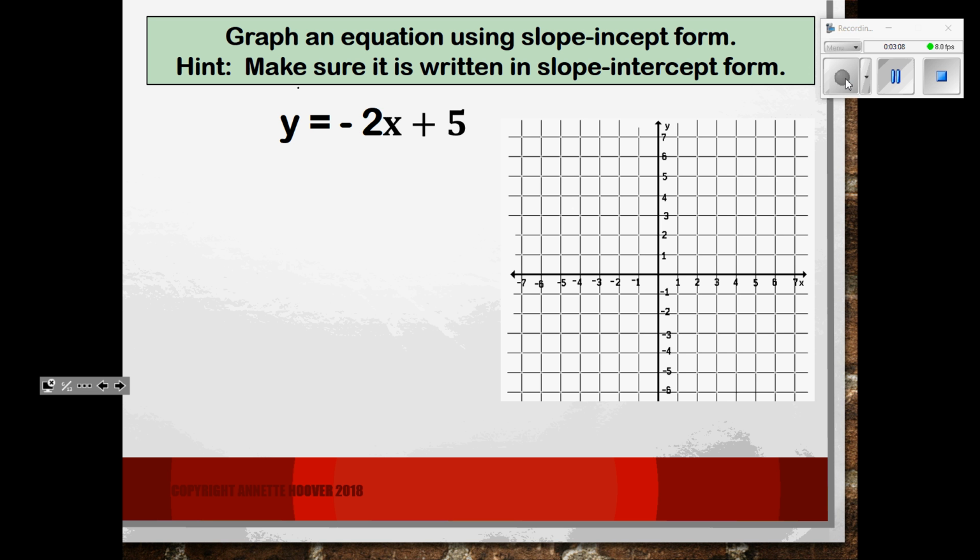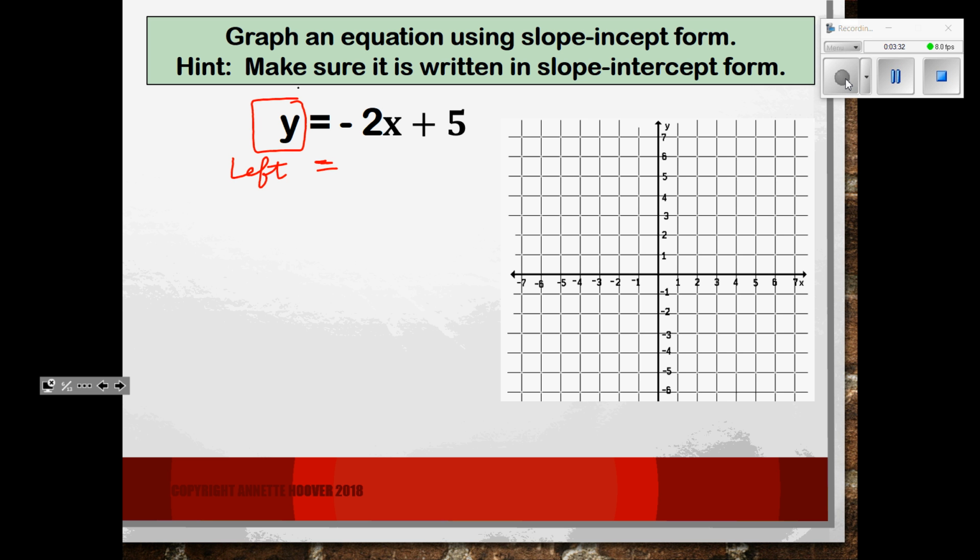Now, we should be able to graph. If you have an equation in slope-intercept form, you only need 2 points to graph a line, and from these 2 things, you should be able to graph a line. First of all, you're always going to make sure that it's written in slope-intercept form. Slope-intercept form is when the y is over on the left side by itself,